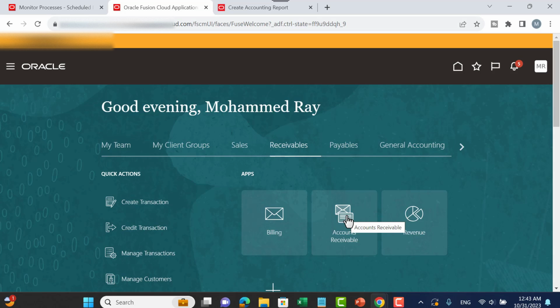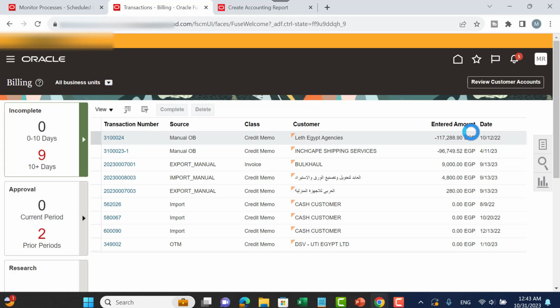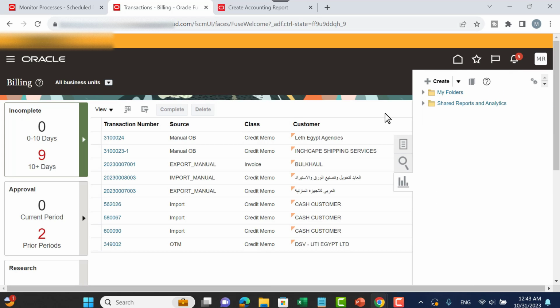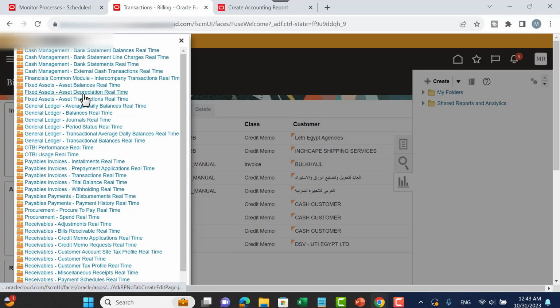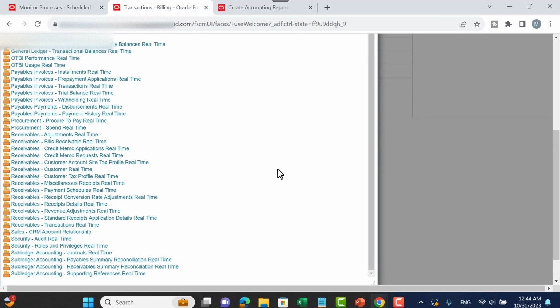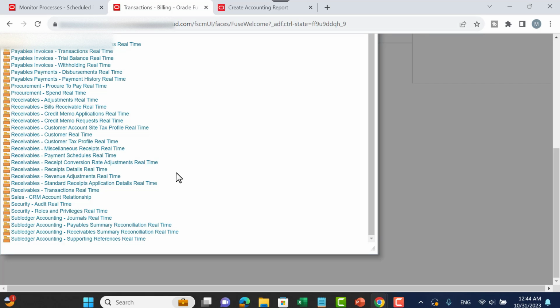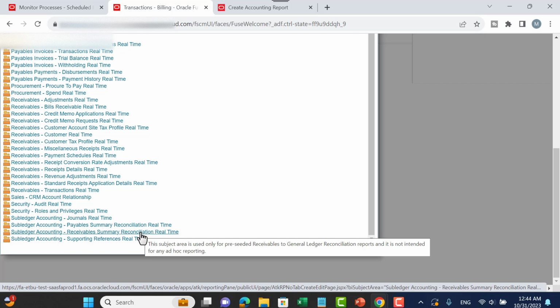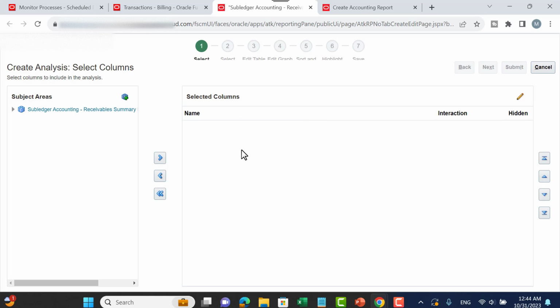and billing. Go to reports and analytics. Create new analysis. Go down and search by subledger receivables summary differences. Let me find receivables summary reconciliation real time. Just click on it and